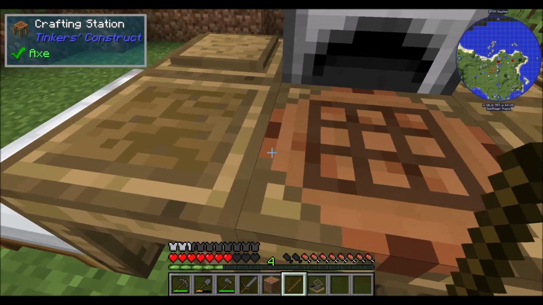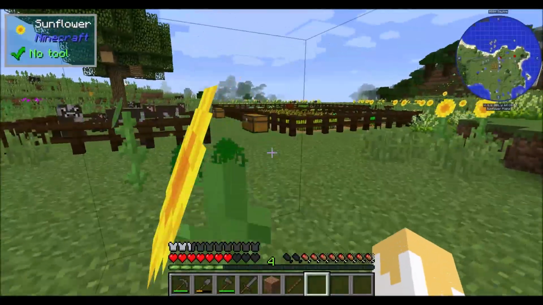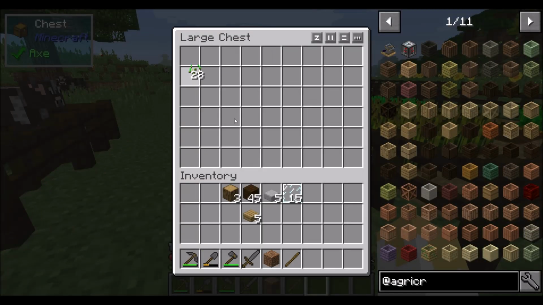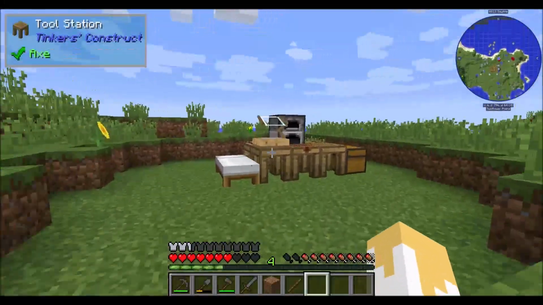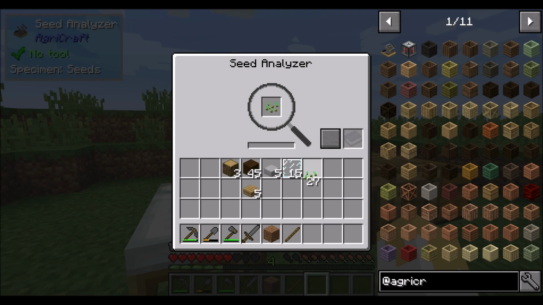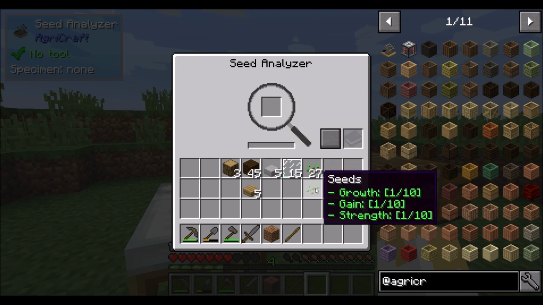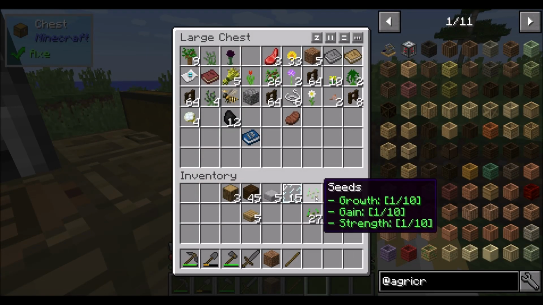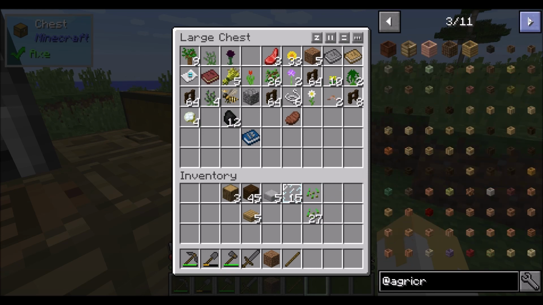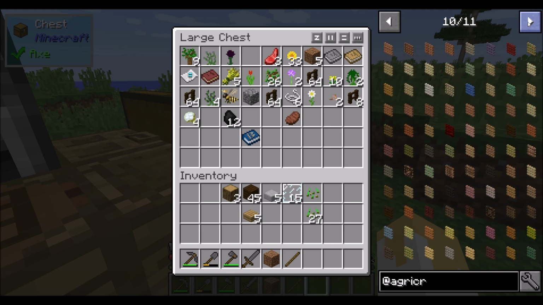So seed analyzer, we'll stick that here. Let's grab some seeds. We can start working on identifying these and crossbreeding them to make them better. Okay, so not surprised. It's a 1 out of 10. So I believe the next step would be to make... So there's our water drains. Here's a spout. There's gonna be sprinkler heads, gates,